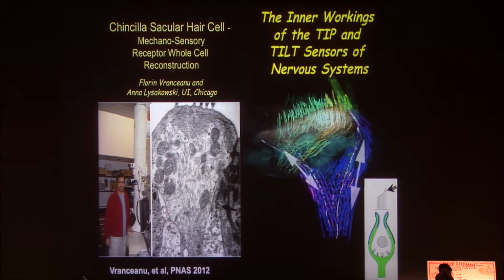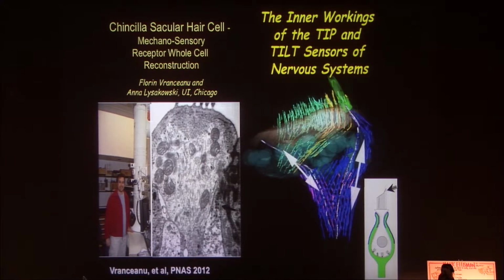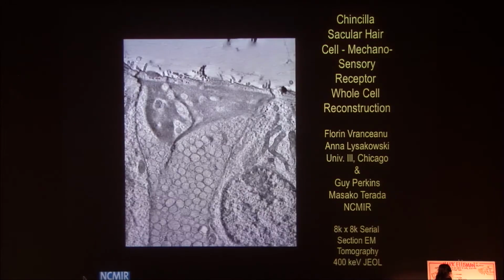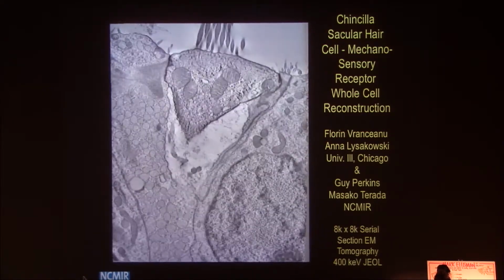Here's what I mean. This is a cell, when I move my head in one direction, the top moves, and the electrical activity increases and more transmitters released. I move in the other direction, and it decreases the output. So the top is flexible and the bottom is stiff. They don't know how that happens, and it changes the output of the cell. So we said, well, what's in there, and how would you actually give it mechanical properties and put it in a mechanical model? So what Florin did is he took sections every half micron, did tomography with that big machine that I showed you,